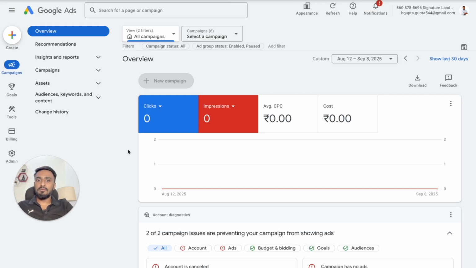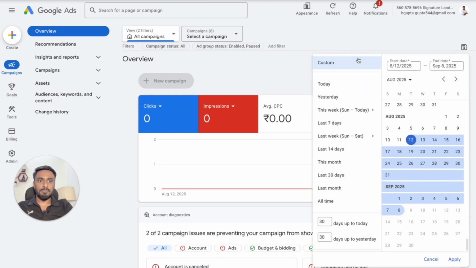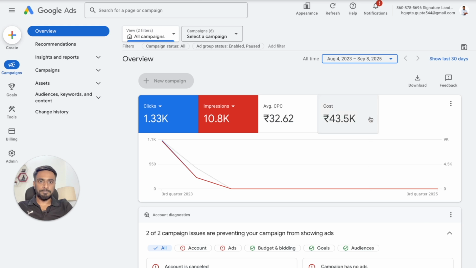Now we are entering a dashboard where we have already spent some amount of money in the past. So here we'll see how the dashboard looks when we already have some data in it. What I'm going to do here is change the custom date to all time. Here you can see that we have spent a good amount of money in the dashboard, which is 43,500 rupees,